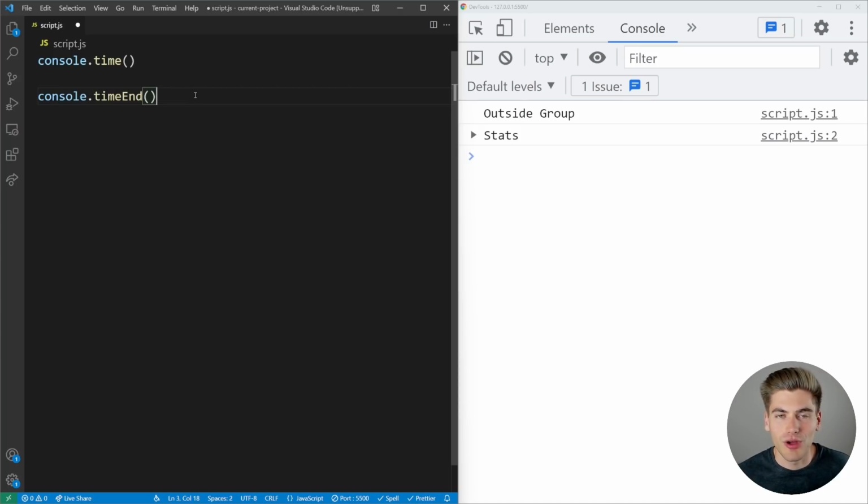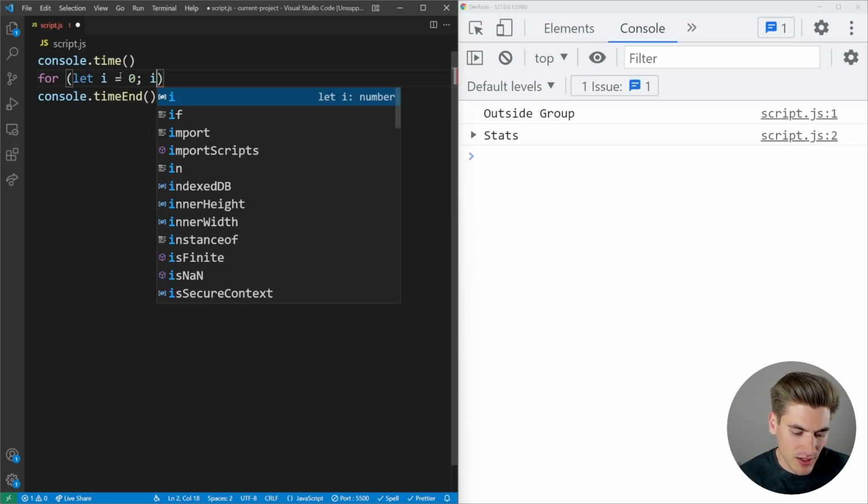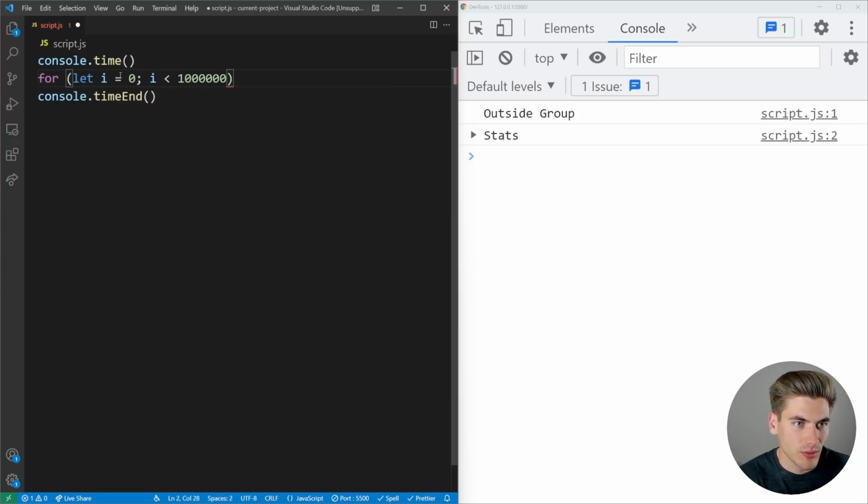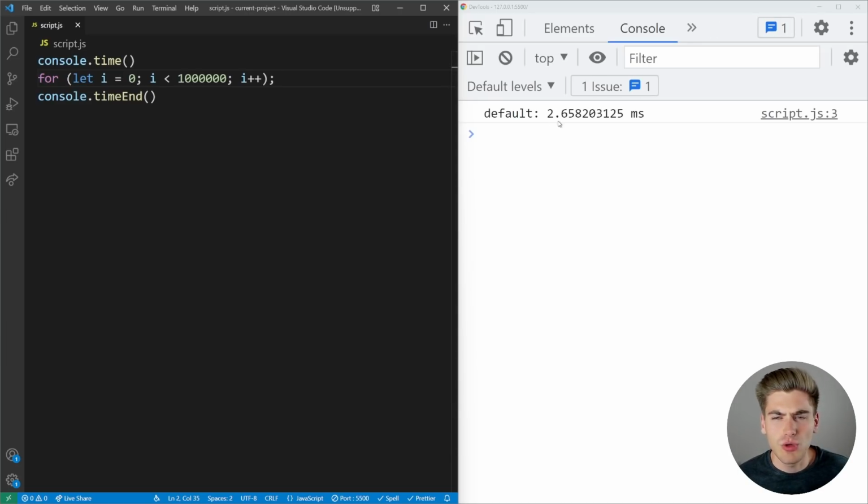So if you want to see how long a function takes to run, we can use console.time for that. So I can just set up a simple for loop. This for loop is going to do nothing. It's just going to be an example to show time passing. And we can say let i equal 0, i is less than a large number, and then i++. And now if we save that, you can see it took 2.65 milliseconds to execute this for loop that did